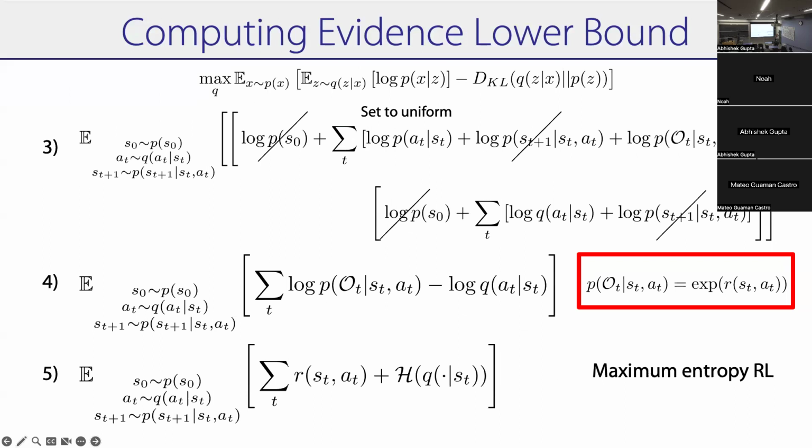Now I have a lower bound, and we know that choosing the best approximation is maximizing that objective. So you just want to maximize that objective. And so choosing the best approximation to posterior inference is the same as solving maximum entropy policy gradient. So all you need to do is just do maximum entropy here. Just do max Q over here, which is just like solving the policy gradient problem with entropy added. That's all. Okay, so that's the first thing we showed.